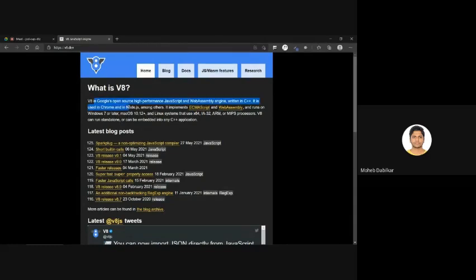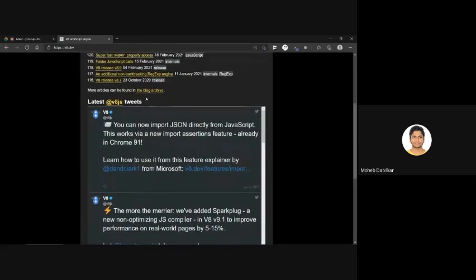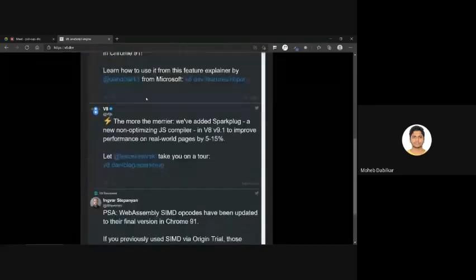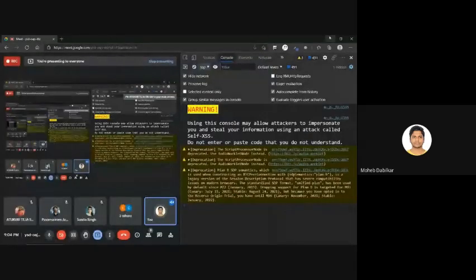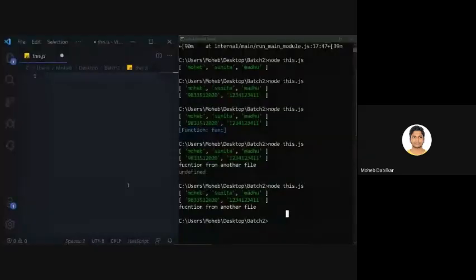Now this engine is used by Chrome, and it is also used by Node.js, but it works with anything. It uses ECMAScript, and then it uses WebAssembly, and then it compiles your code into C++. All right, I did talk about this previously also, so I'm not going to do that because you guys don't ask any questions, so that one is not there right now.